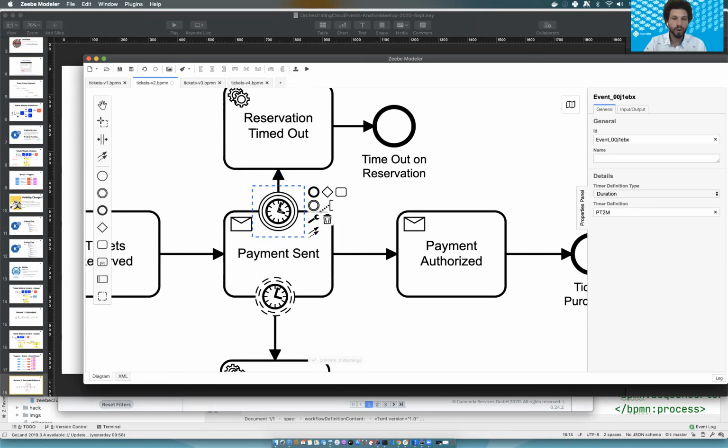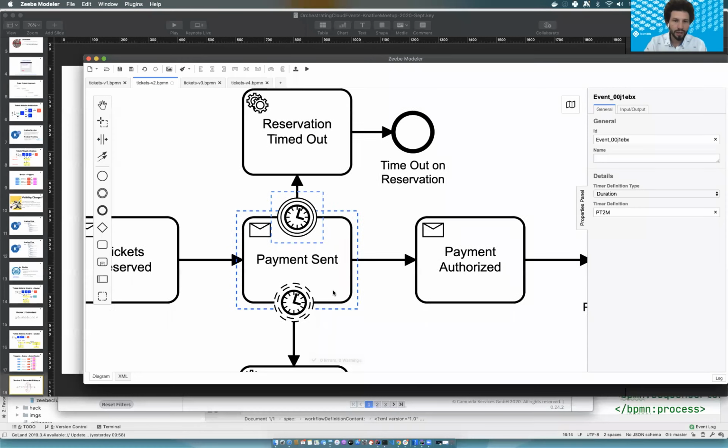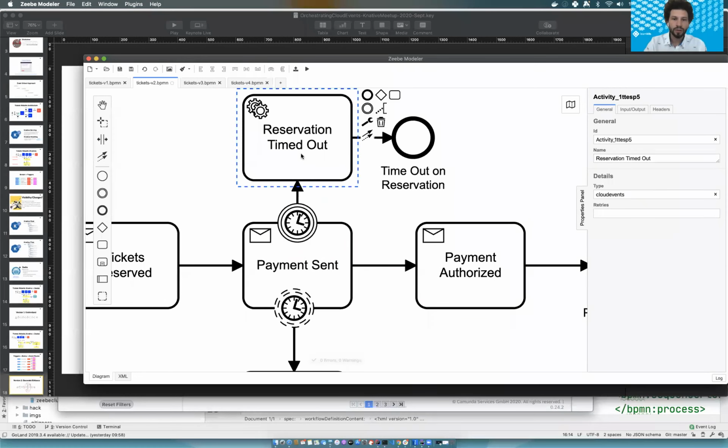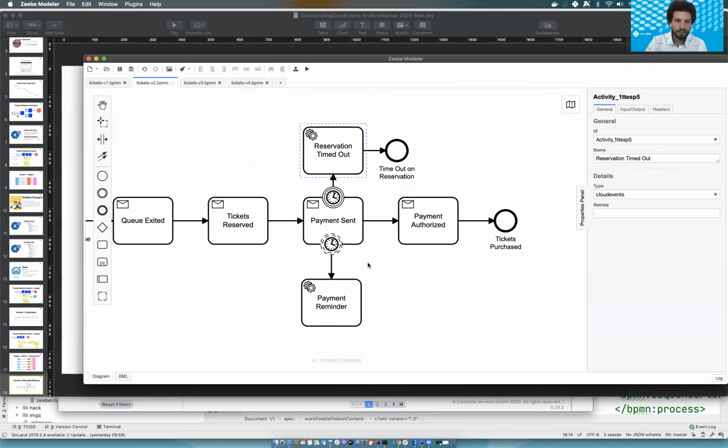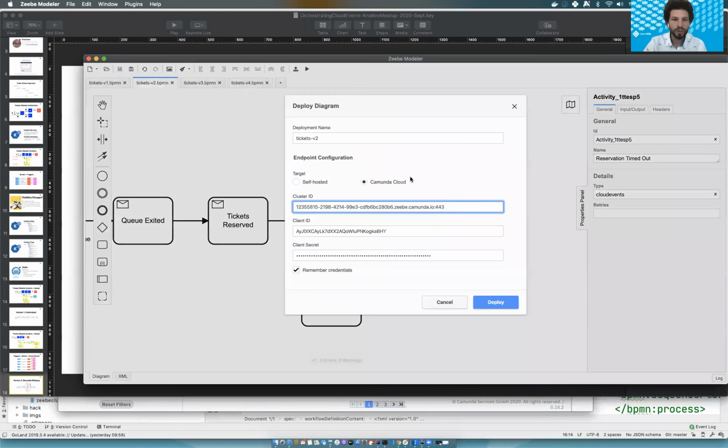So this is a little bit more aggressive, right? This is going to do something. And then I have these two extra boxes, which are basically creating cloud events. So I'm just going one step further, and now I'm generating cloud events from the flow, right? So if I zoom out, and if I deploy this new version,